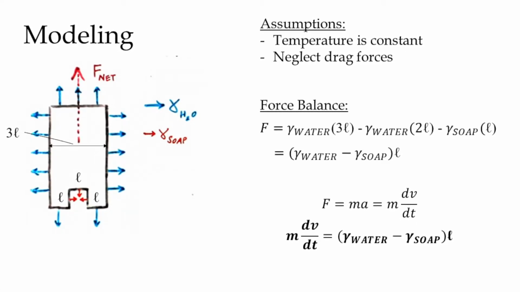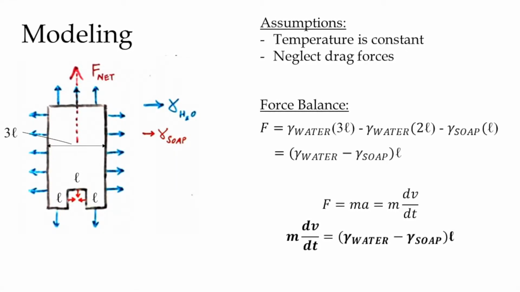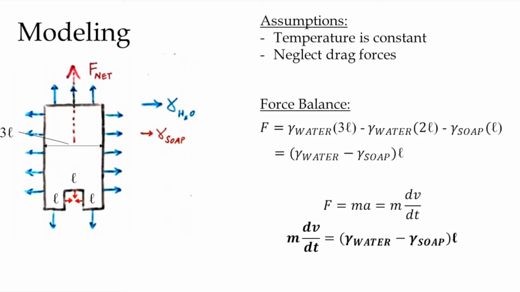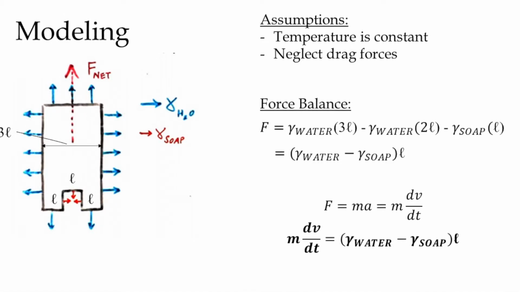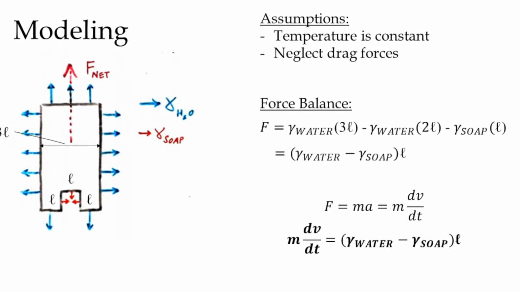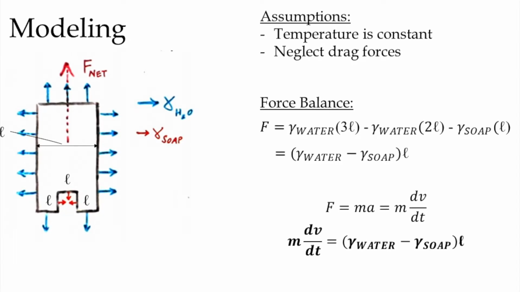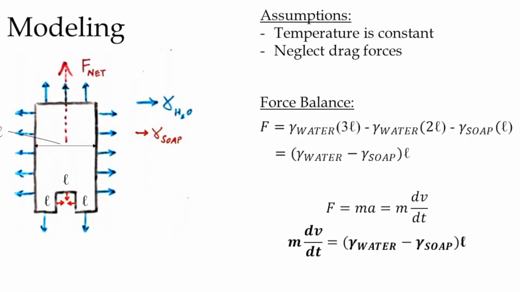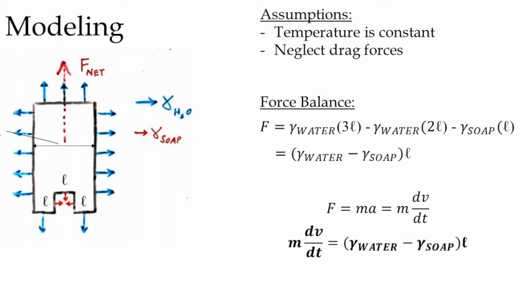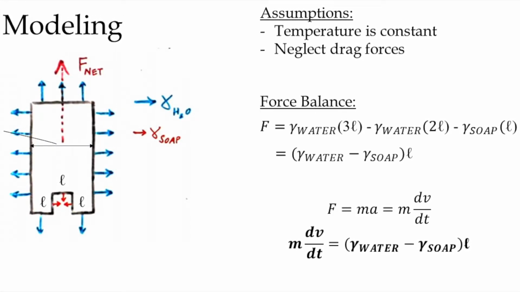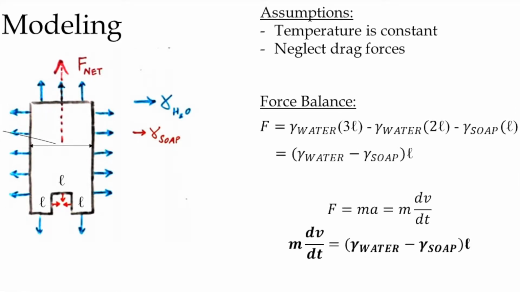Surface tension forces are described as the product of surface tension and length. At the top, surface tension forces by water are applied over the length of 3L. At the bottom, water surface tension is applied over 2L, and the remaining length L is exposed to the surface tension of soap. Therefore, the overall net force is the difference of surface tension between water and soap multiplied by length L. And finally, by Newton's second law, we can find the surface tension difference by measuring the speed of